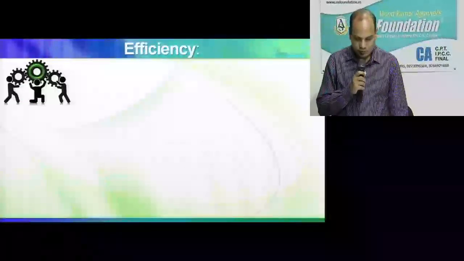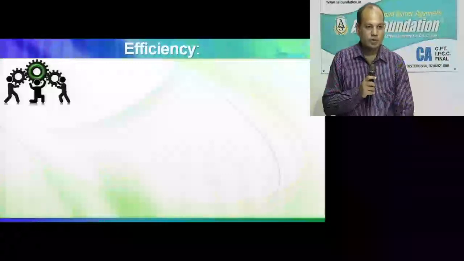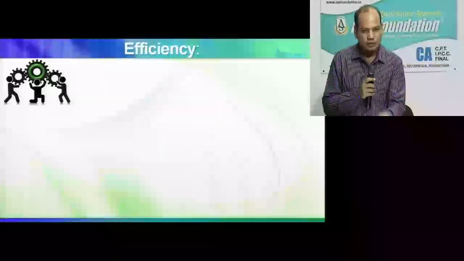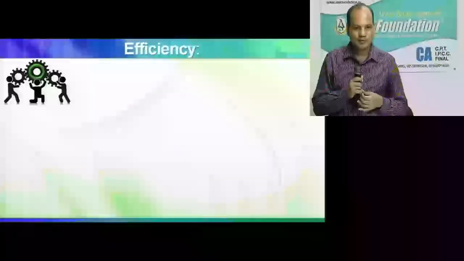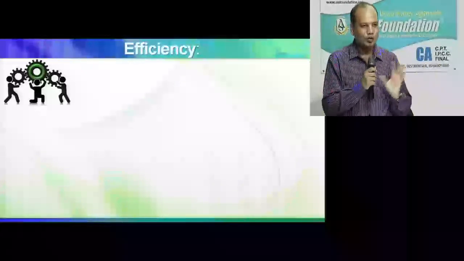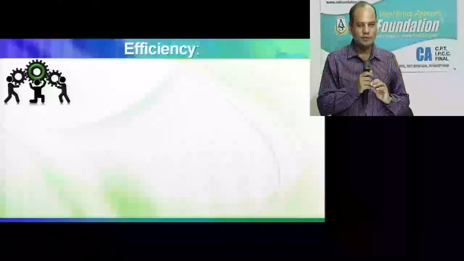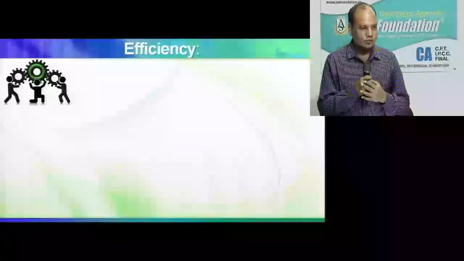Okay. The next objective of business is efficiency. Again, a very important objective. This objective will help you to survive, remain stable as well as grow, if you are efficient. So when are you efficient? When the value of your output is more than the value of your input. When you can produce more and consume less. Is it right? When you can produce things at a lower price. When the wastages are lower. That is a sign of